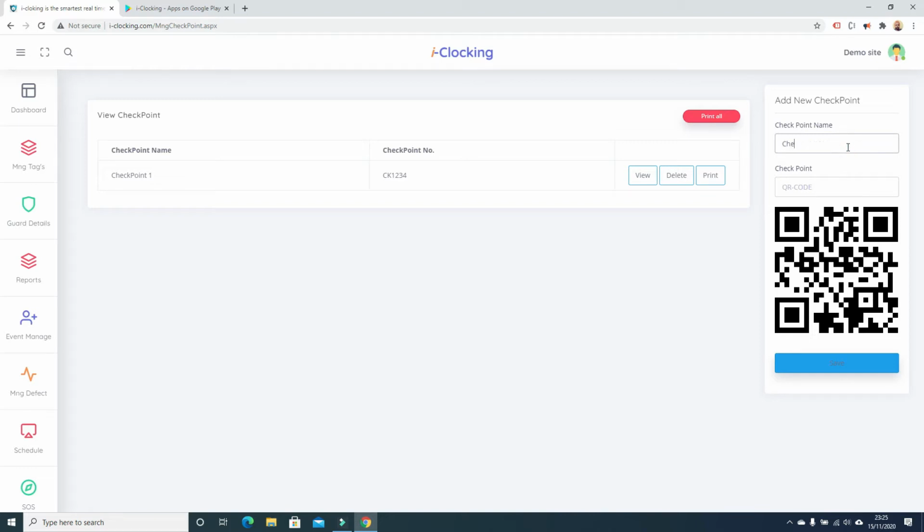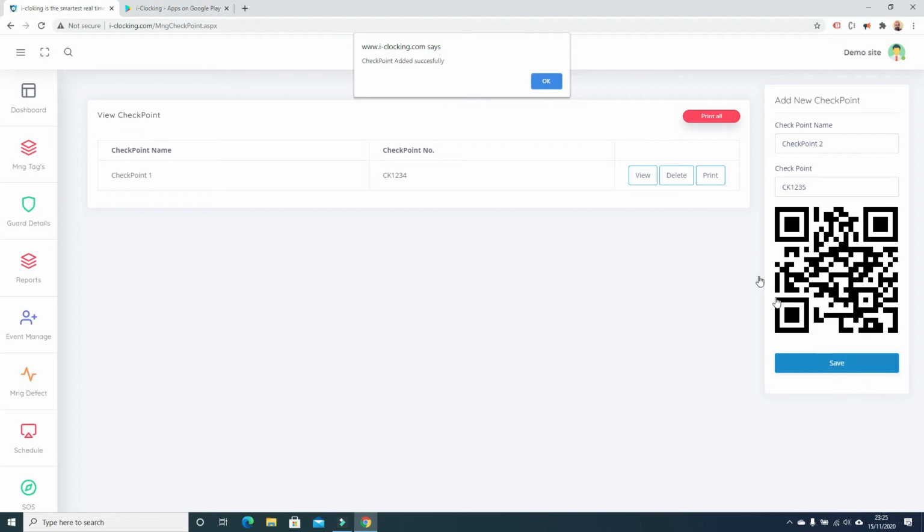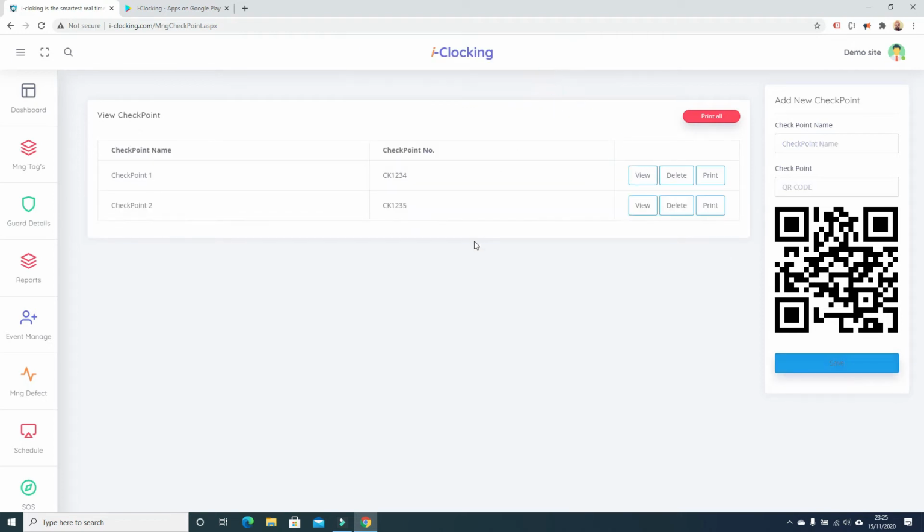I click here, checkpoint 2, any name. Once I click here, this will change automatically. Click save, so we have 2 checkpoints.